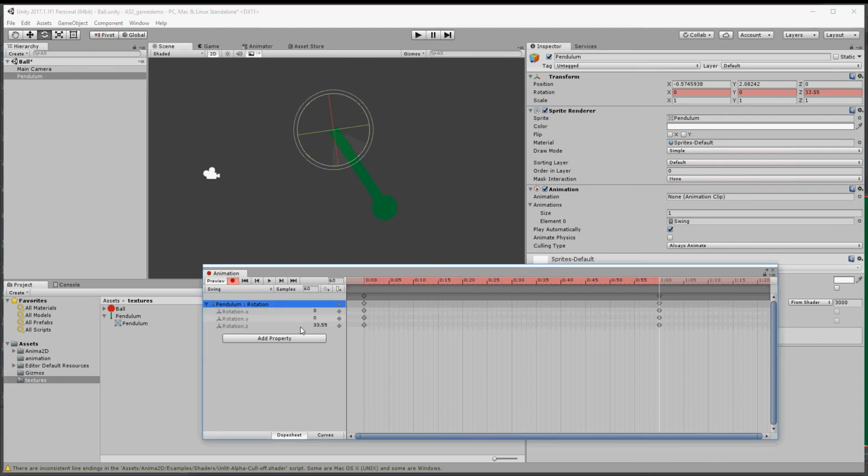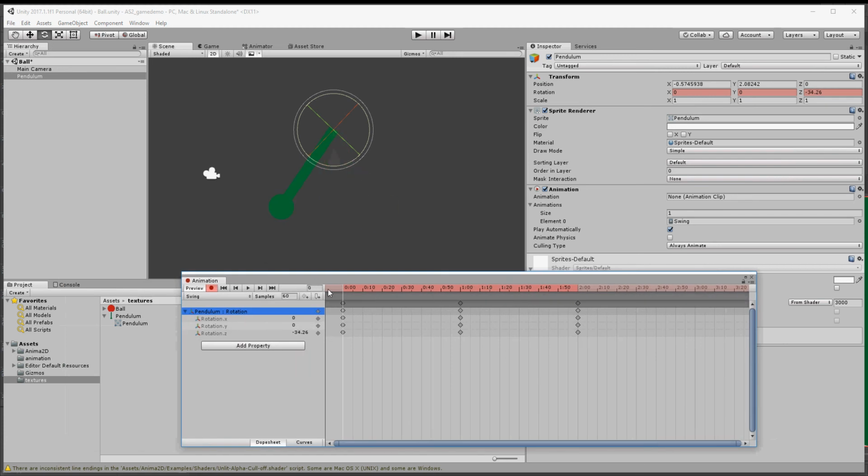I'm just going to expand those so I can see all of the rotation in Z that's happening. So first off, it goes over to the side there like that. Say another second on, it's going to swing back, but not as much. Back, forth, and another second on, it's going to swing back, not quite so much, and another second on,